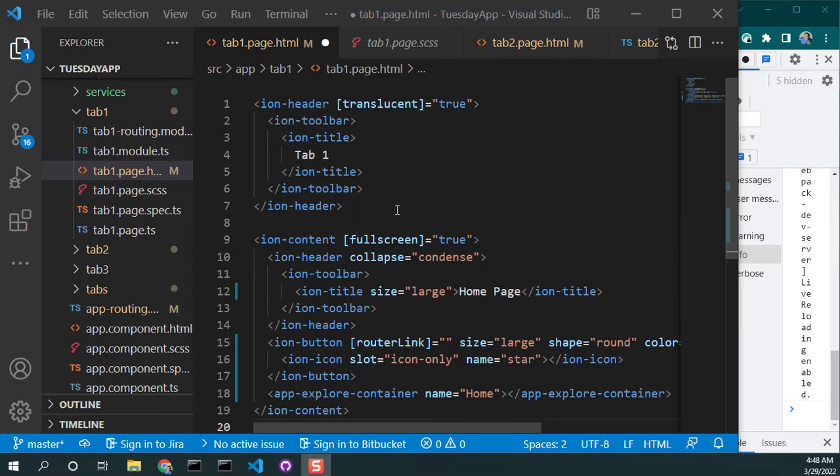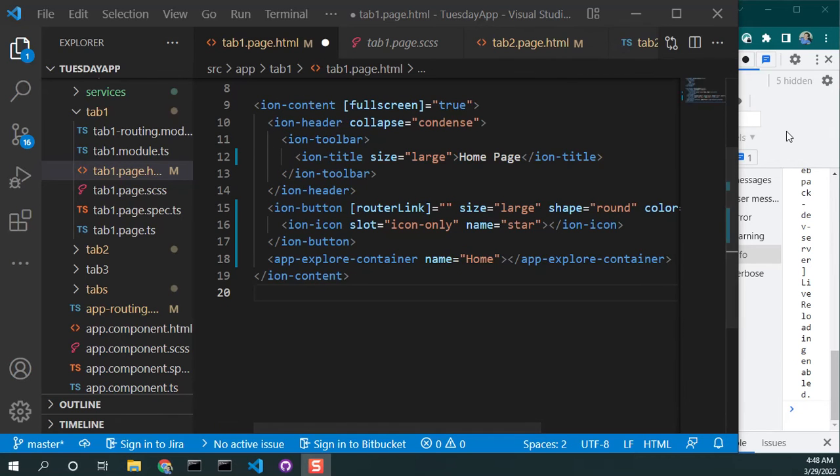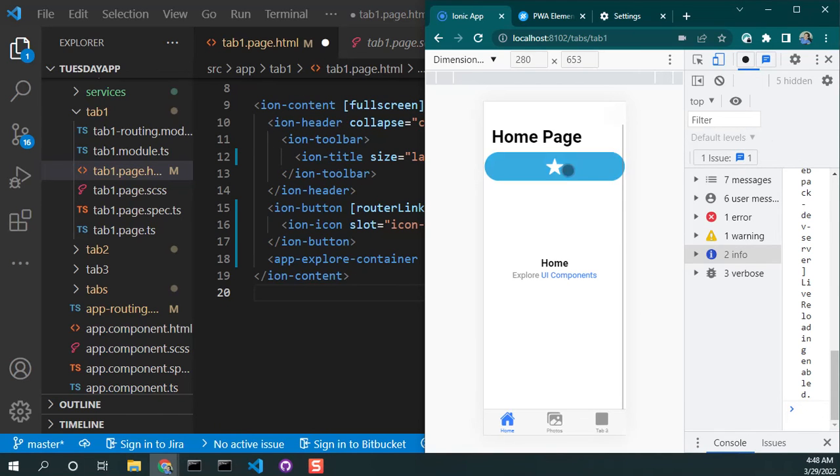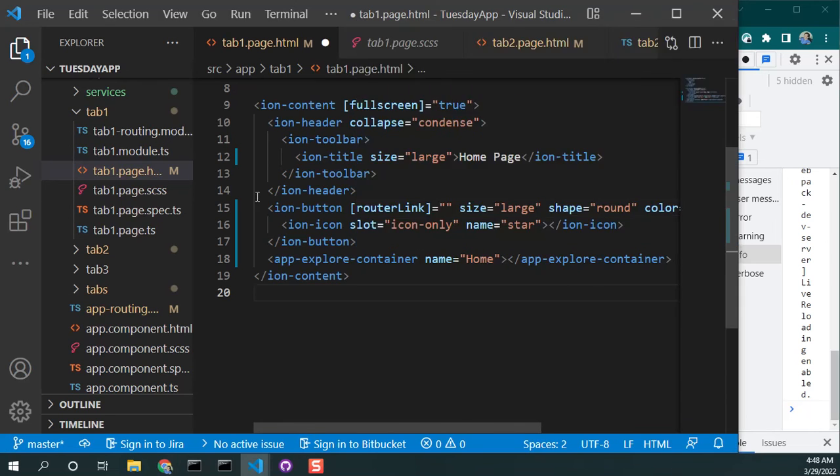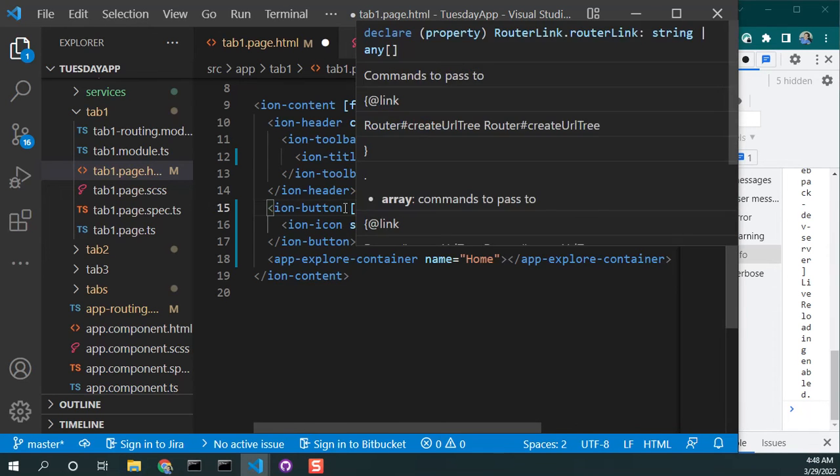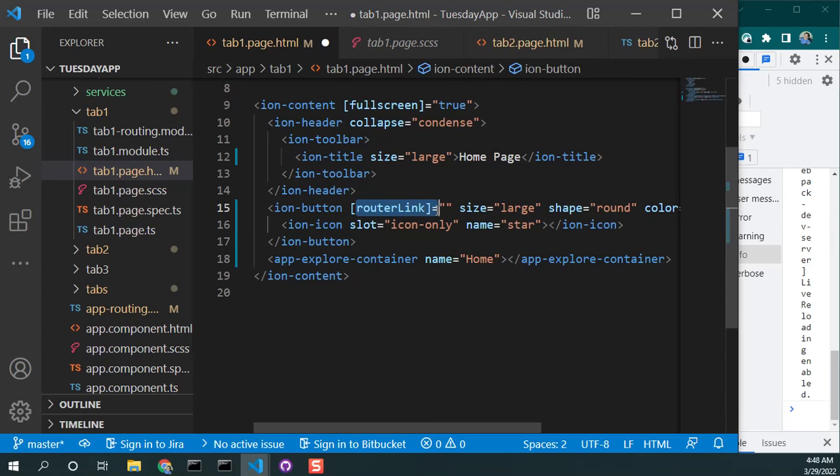Okay, so we have so far just a big old star button that doesn't quite do anything. So what we're going to do now is make that take us to a details page, and we're going to do this taking advantage of the router link functionality, and we might actually have to import something for this to work into the TypeScript, but for now let's just type the name of the router link, which is detail,